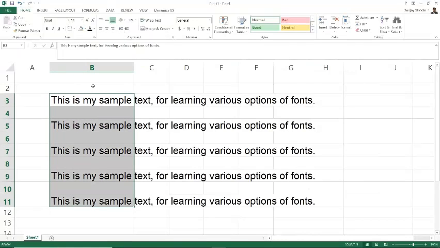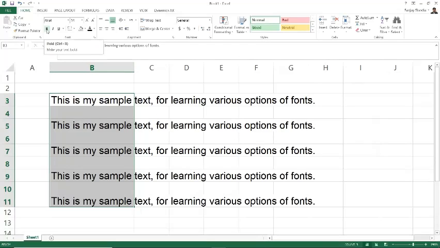So you see, earlier we did the changes one by one. Now we have selected all the cells and applied the changes in one go. So whatever text or cells you have selected, the options of changing the font size, font color, background color, all this will apply to all the selected items.